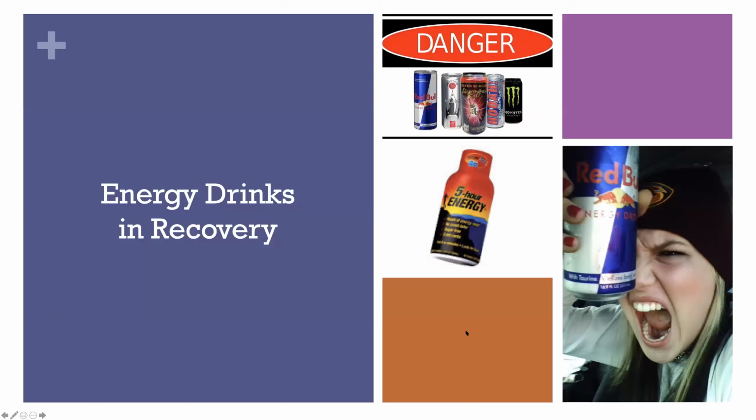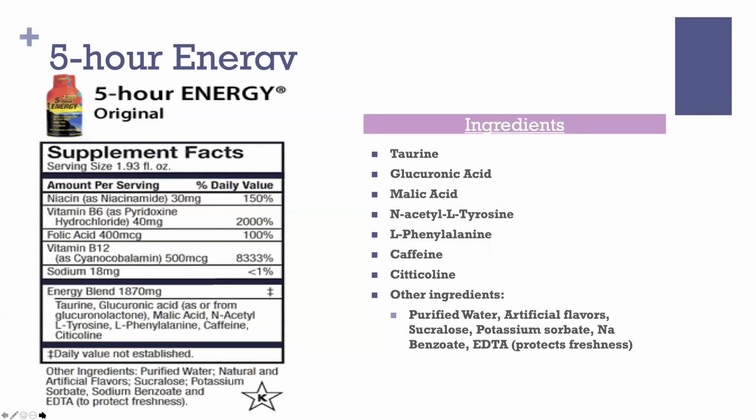Energy drinks. Okay, here's a little talk I give them on energy drinks. And this is pretty interesting. When we look at 5-hour energy, for instance, and we look at a lot of things that people don't really pay attention to, it being an energy drink, what are they going to look for? They're going to look for caffeine. They're going to look for the thing that gets them off the ground. Well, what we'll find in 5-hour energy is what we call an energy blend. And that energy blend has 1,870 milligrams of all types of herbal, including caffeine, and synthetic stimulants.